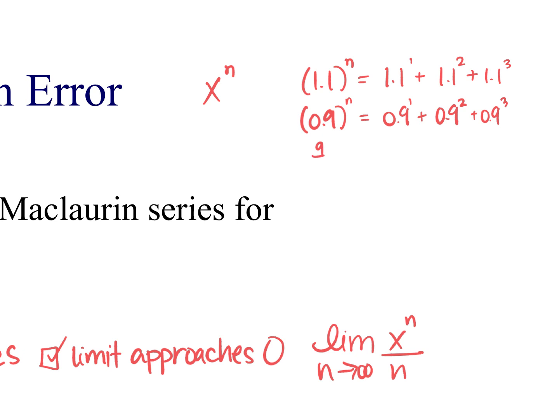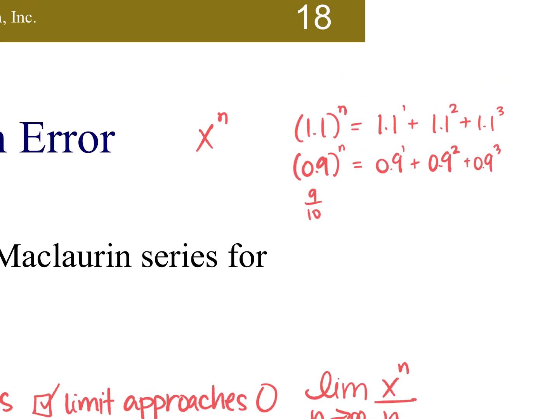Why? Because this is 9/10. The power on the 10 is going to get bigger than the power on the 9, and because the denominator is going to grow bigger, the whole thing is going to eventually get smaller. Whereas, what's the fraction for 1.1? 11 over 10. So now the numerator is bigger, so it's always going to be bigger than 1. So the only way things will decrease to 0, like we need them to, is for the x value itself to be between 1 and -1. And this applies to all